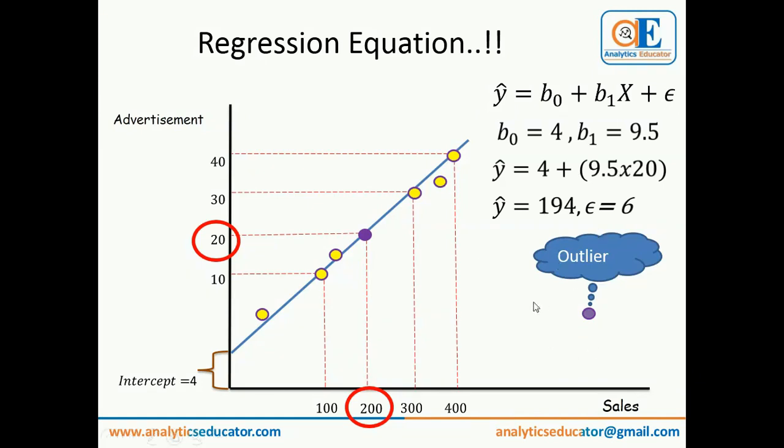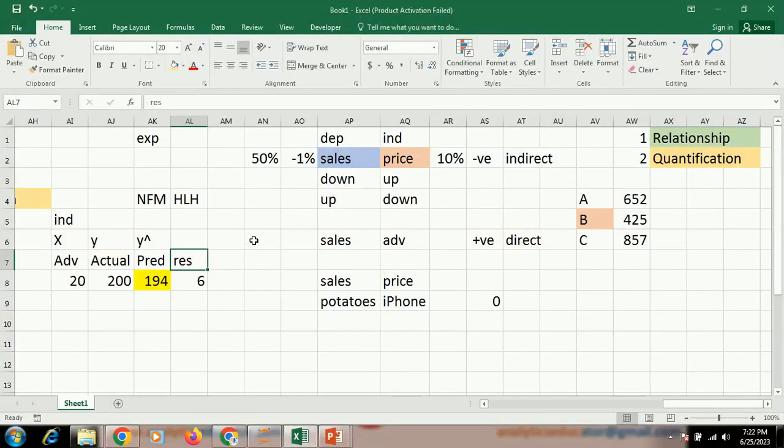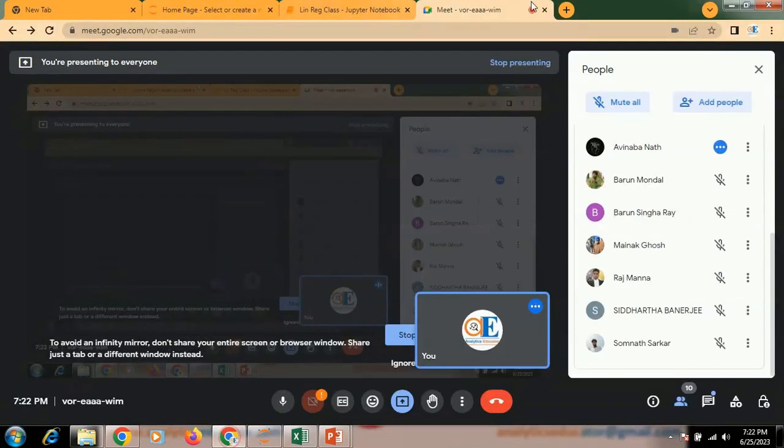And now the outlier means, for example, in Kolkata during Durga Puja, do you know what all the types of foods that are being sold? Fast food, maybe noodles, fried rice, egg roll, chicken roll, ice cream, fuchka, all this stuff. Have you ever seen people selling caviar? Do you know what caviar is?